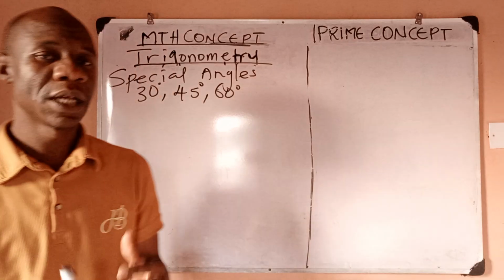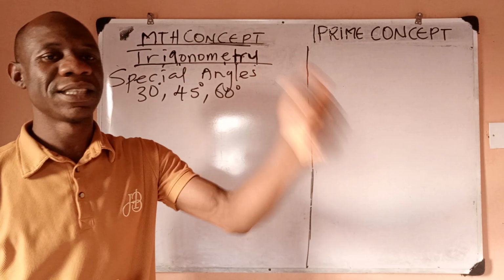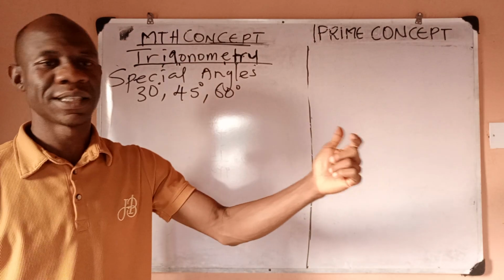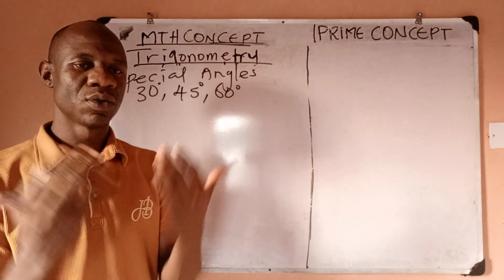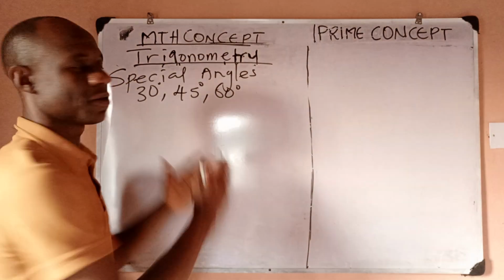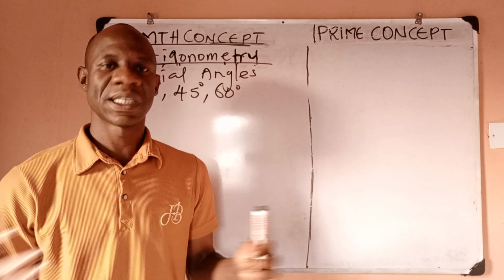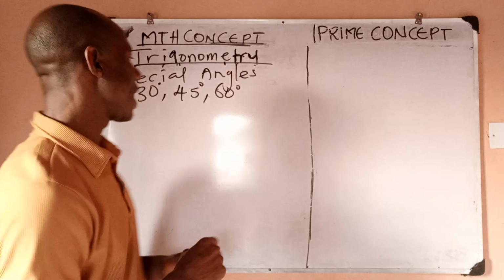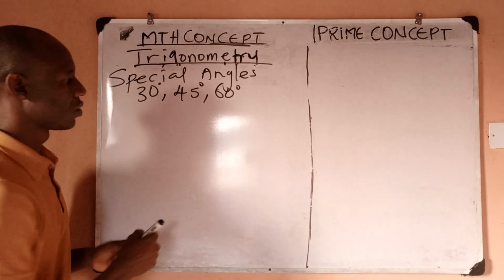But in this video, I'll be showing you some additions to this. I'll do 30, 45, 60. I'll do 90. I'll do 0 degrees. I'll do them. But let's start with 30, 45, and 60 degrees. See how we can obtain the trig of these angles without using a calculator. So first, if you want to do this,